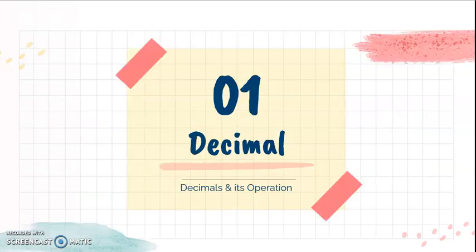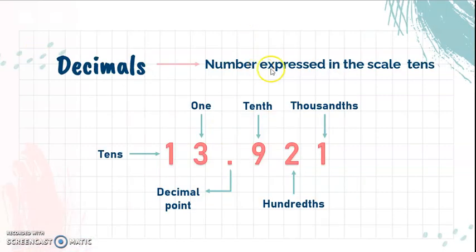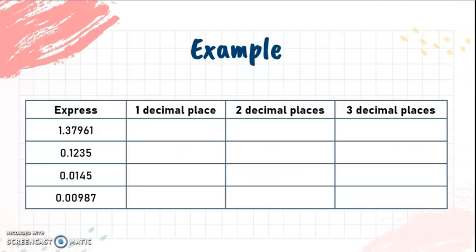The first subtopic is decimal. Decimals are numbers expressed in the base ten scale. So this is an example of decimals. For decimals, we have place value after the decimal point. In this case, we have tenths, hundredths, thousandths, and more. Okay, so the first example,